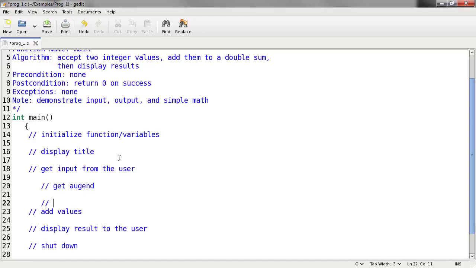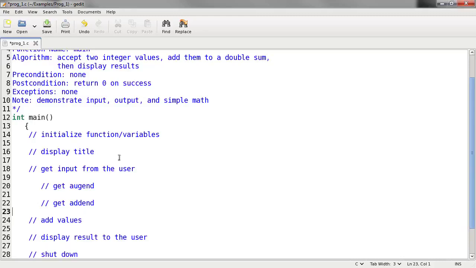And I'm going to get the addend, which is the lower number, from the user here. And then I'm going to add the values, and again that's going to be simple addition. And then for my display result to user, that is also going to be a simple operation. So that's kind of our step 2 here. Our step 3 is we're going to go through and identify the functions that we need to use, the tools